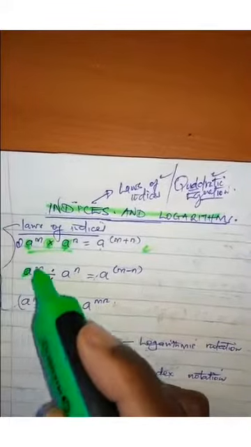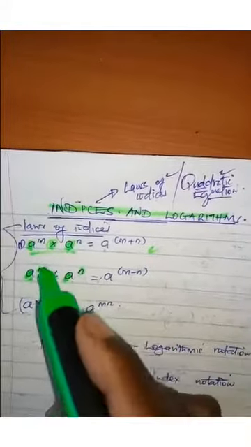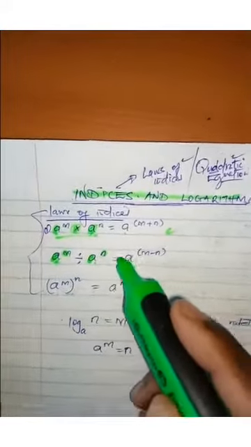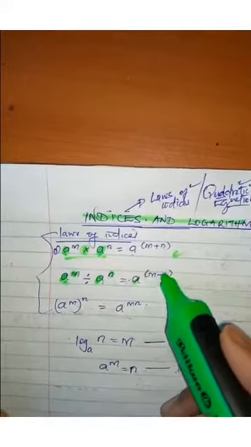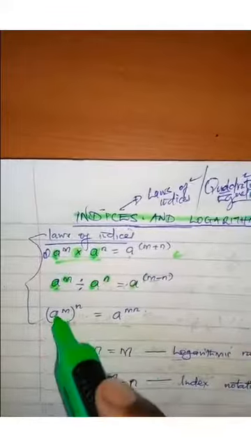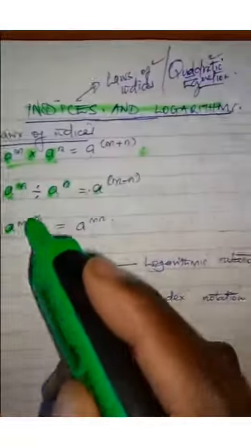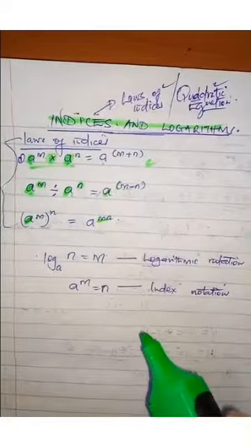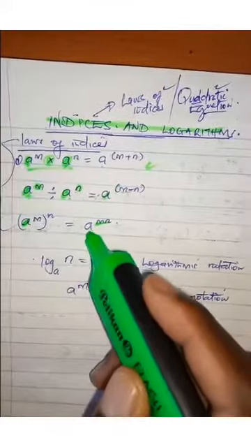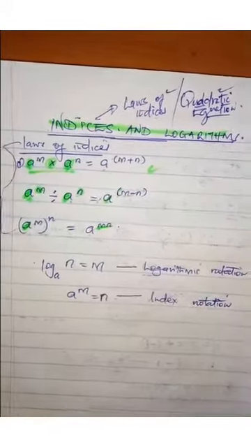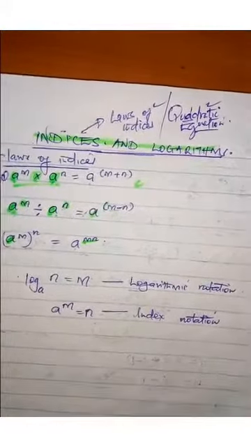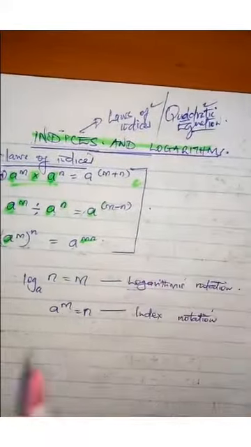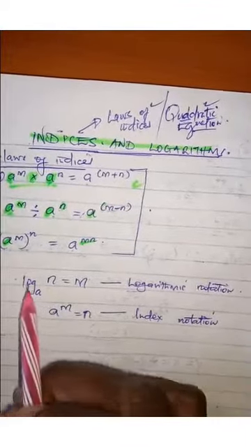The second rule is that if you divide the same bases, you subtract their powers. So a to power m divided by a to power n is the same as a to power m minus n. Then if you are raising a power to a power, for example, a to power m in brackets to power n, you just multiply the powers. So your answer here will be a to power mn. We are going to see an example on this, but before that, let's look at